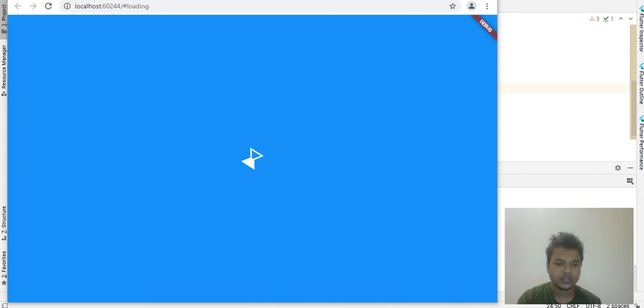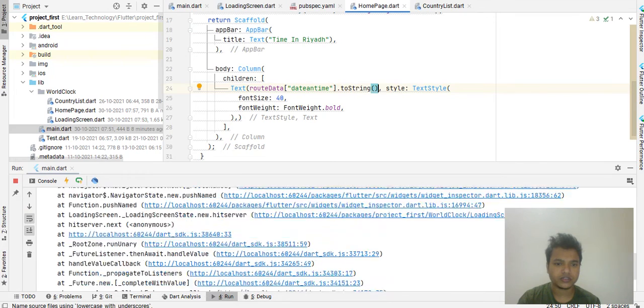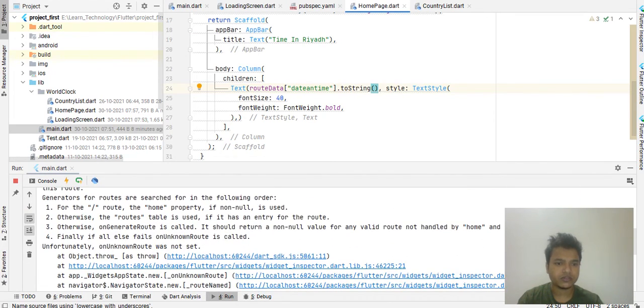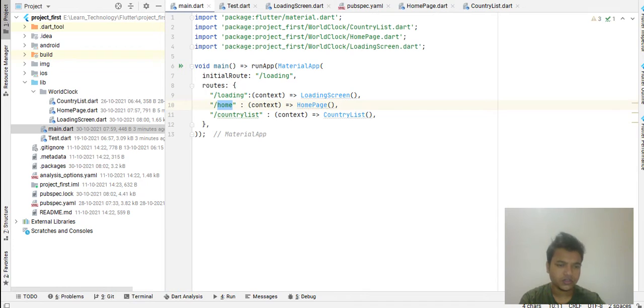Here you can see the loading screen will load the things until it is completely run. Here there was some error, I think. Just take a look at what the error is. That error comes with a reason. Actually I'm just using a string as a route name, which is not good, and sometimes it will make the application get an error. So we have to add a brace at the slash here, so make it something different from the string. If you change it later, there may be a possibility that you get some errors.